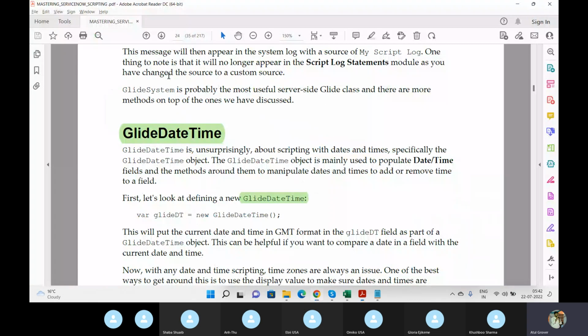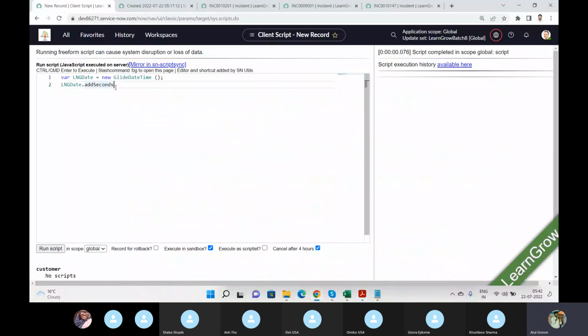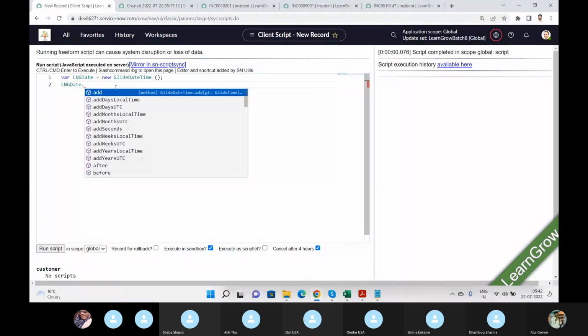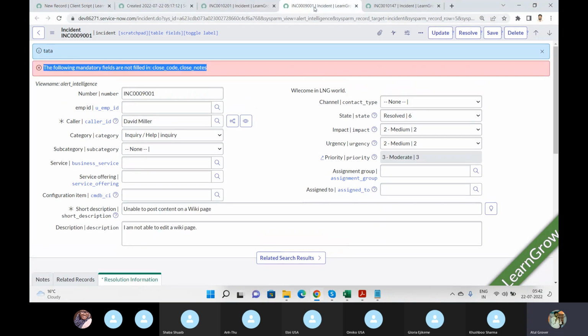There is another class called GlideDateTime. You can do anything like this. If you go here, LNG date and time dot add local days, UTC, local time, seconds, before, after. So like if you run a query here,